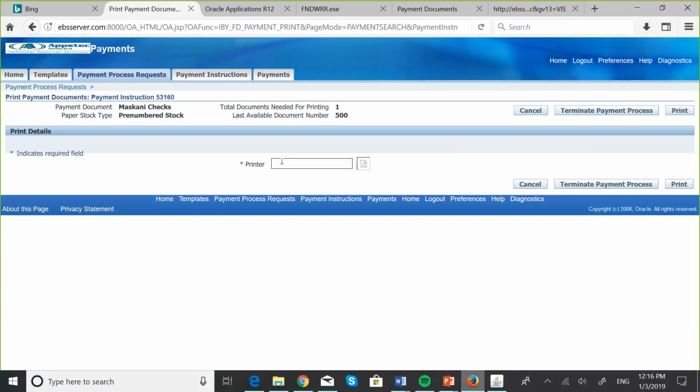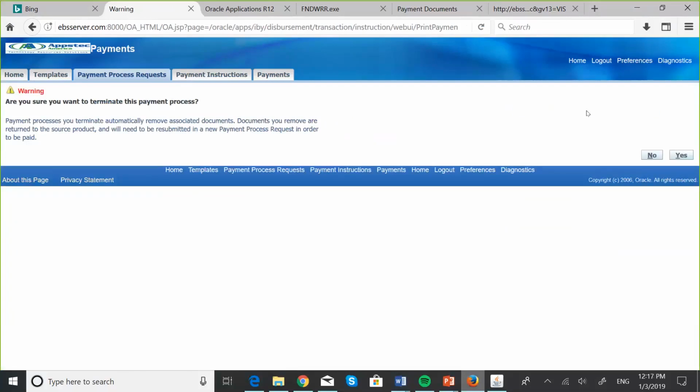You have to put in a value because you see it says indicates required field. But once we go ahead to confirm a payment process request, we are going to talk about this. So you can just click on terminate process request. Okay,